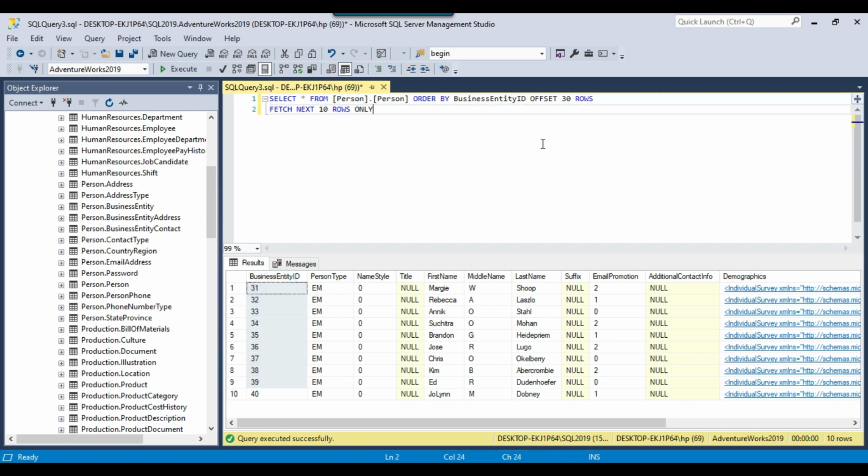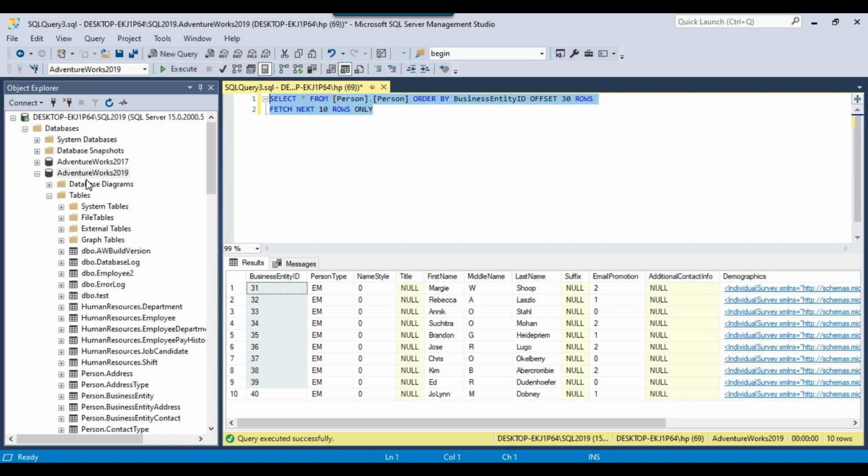So this is how you can implement paging in SQL Server. You just need to implement the offset and the fetch, and these values, like 30 and 10, you can pass through variables as well. You can create a stored procedure and pass these values through input parameters. Maybe I will share this query with you, and I will provide the link on how you can download and restore the AdventureWorks 2019 database to your server.